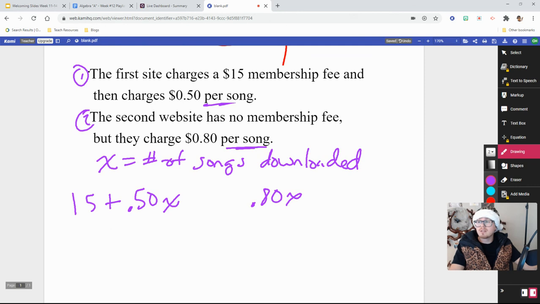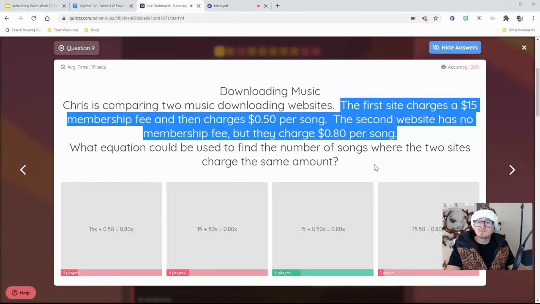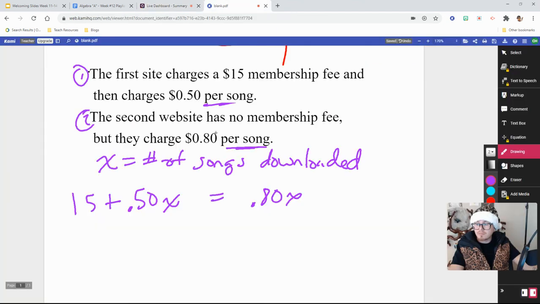Now, the question was, what equation could be used to find the number of songs for the two sites to charge the same amount? So we set them equal. Now, this doesn't tell you right now which one is better, but what you can do, and I'll do that quickly with you, is solve it, because I think that's what the next question was, how many songs to make it equal. If you subtract 0.50x from both sides,